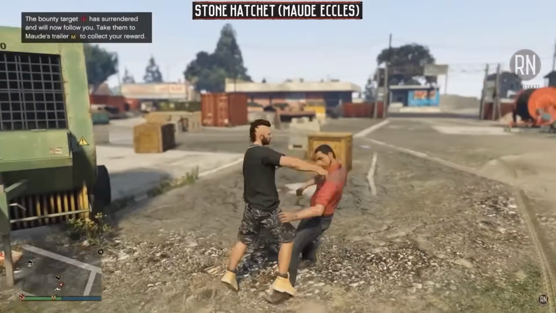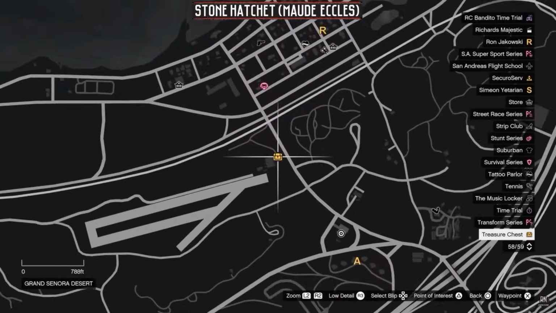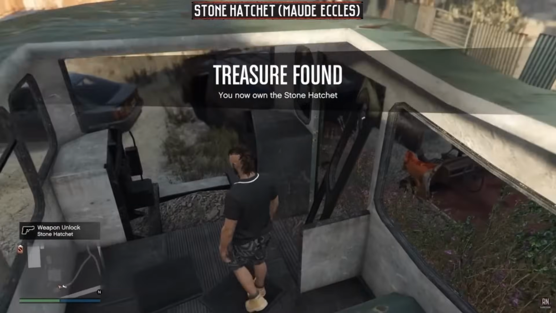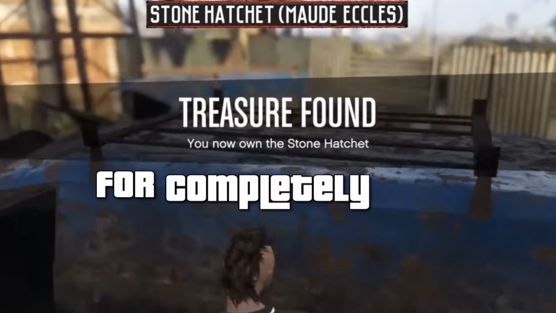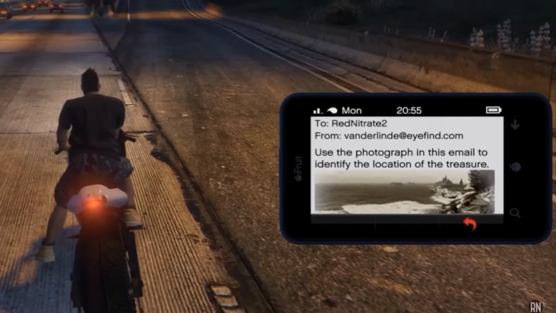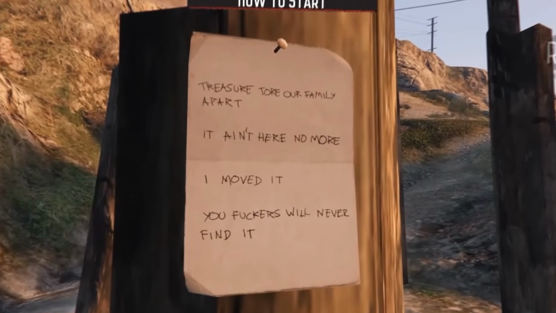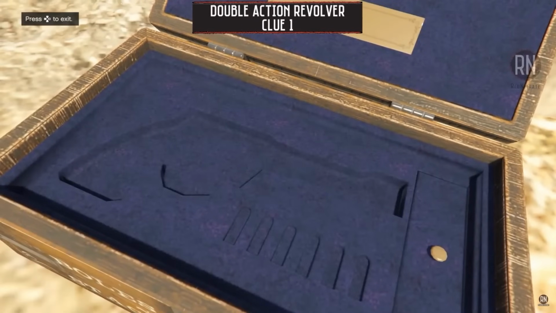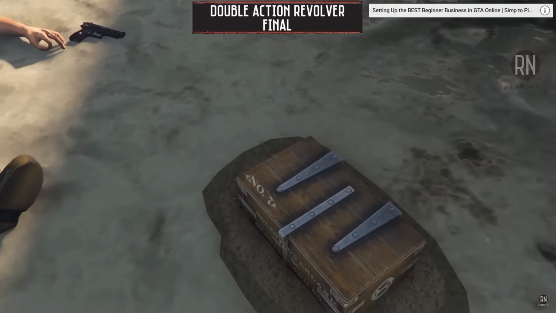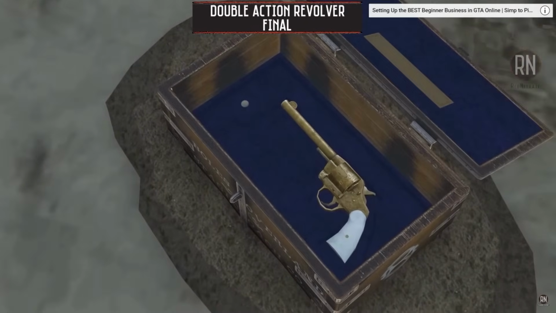And once you did this 5 different times, you would eventually get notified about some treasure, which once you went to would be a super sick stone hatchet for completely free. And for the second challenge, it would start by you getting some sort of email telling you where to go, and once you got there, you would see some sort of clue. And that clue would take you to other clues, which would take you to more clues, and you basically just had to keep doing this until you eventually got to open this crate and get yourself a free double action